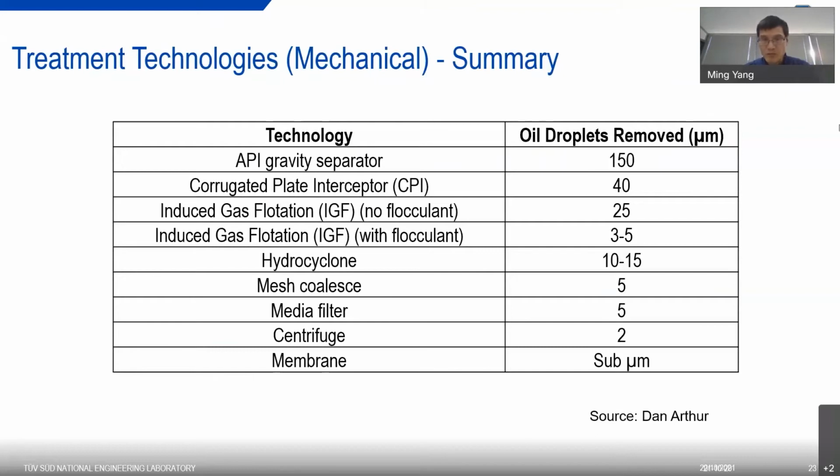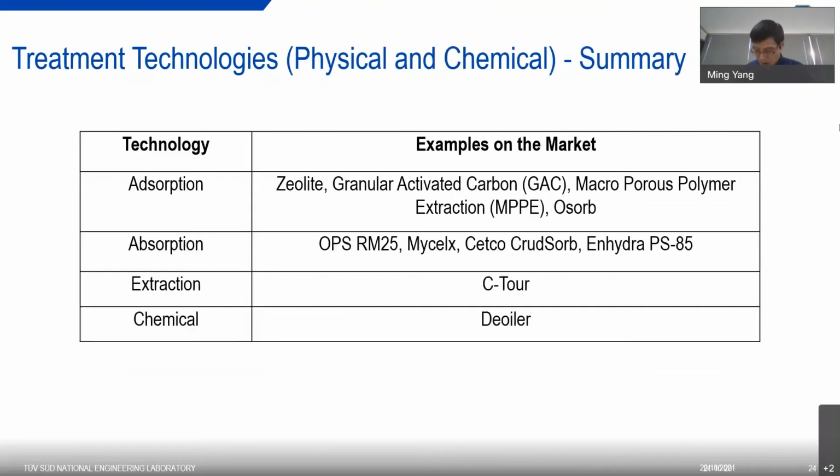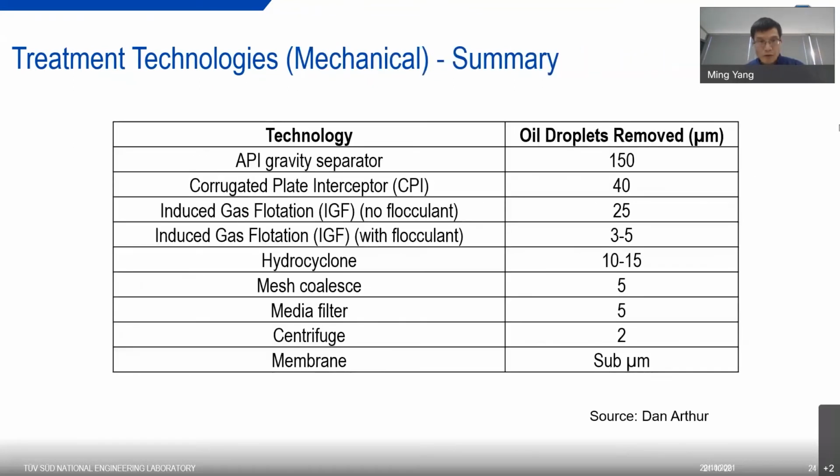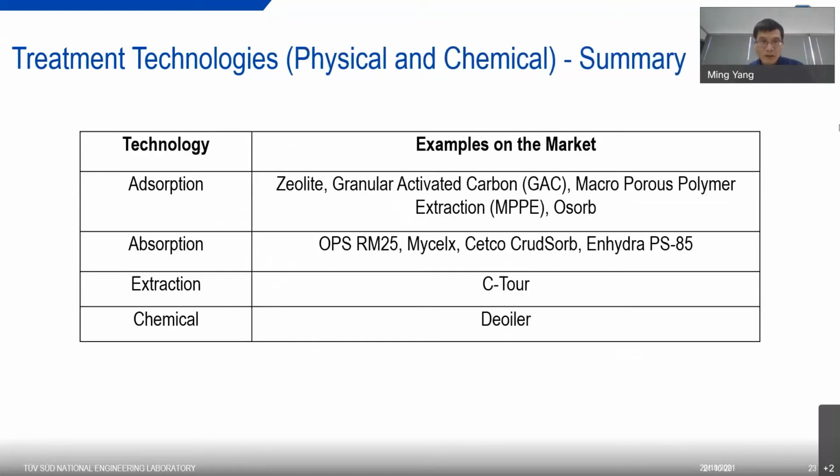Centrifugal systems at 2 microns, and membranes, certainly they can remove droplets at sub-micron levels. As I said, the mechanical methods are very good at removing dispersed oils, but if you want to remove dissolved compounds, dissolved oil, then you would be looking at physical-chemical methods such as